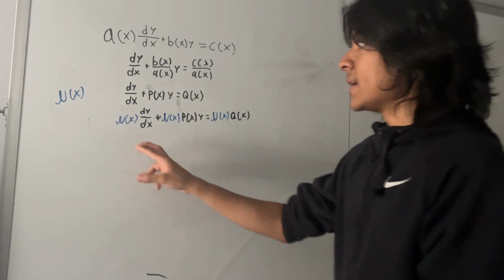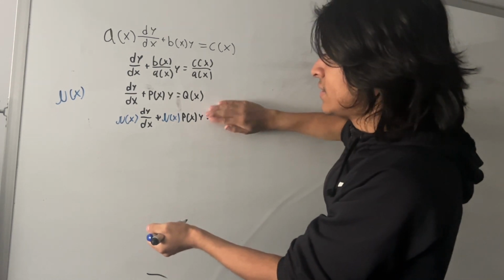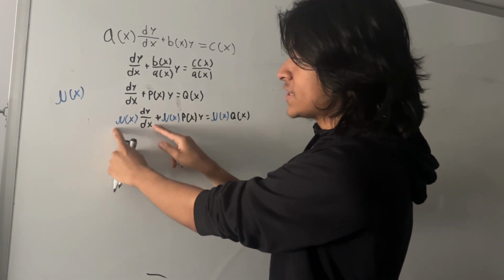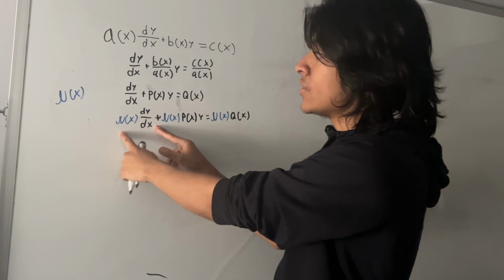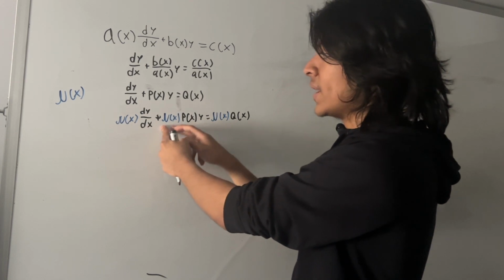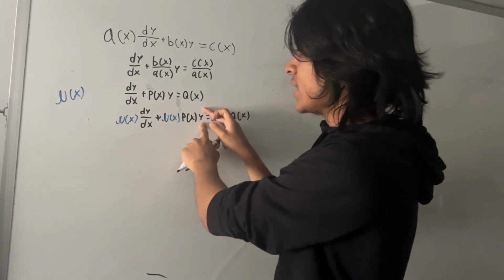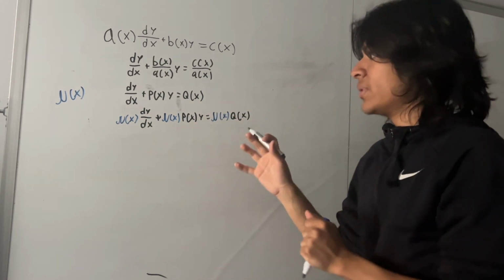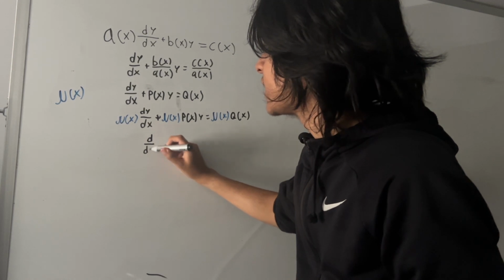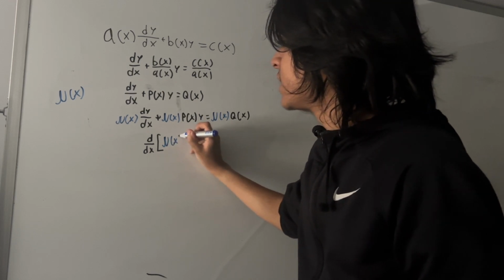So notice how this term, right now we're not even focusing on the right side of the equal sign, so completely block this out of your mind. Notice how on this term right here, we have u of x, the function itself, times the derivative of y with respect to x. Then on this part, we have u of x times this new function p of x. We don't know what it is. And we also left y on its own. So pretty much, if you're not able to see it now, this is a product rule. So we have d dx,